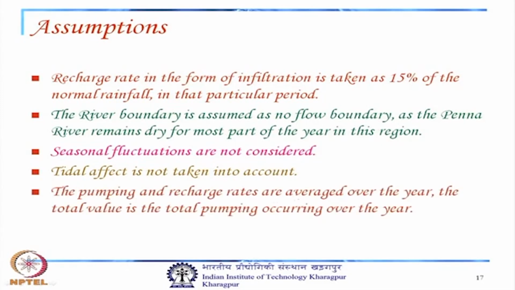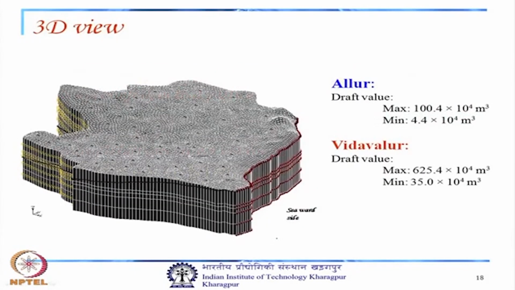Then the pumping and recharge rates are averaged over the year. The total value is the total pumping occurring over the year, and you already know this is the equation. In case of epsilon there was alpha. So, this is a 3D view of the study area,